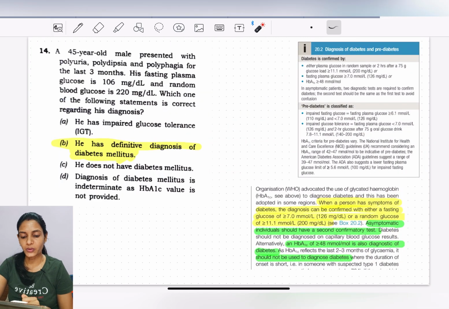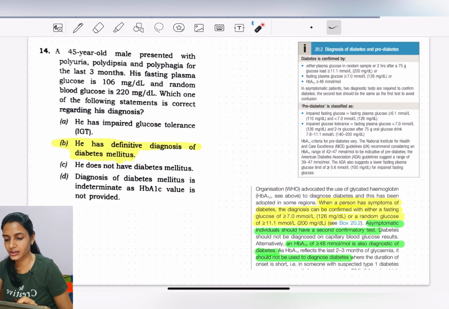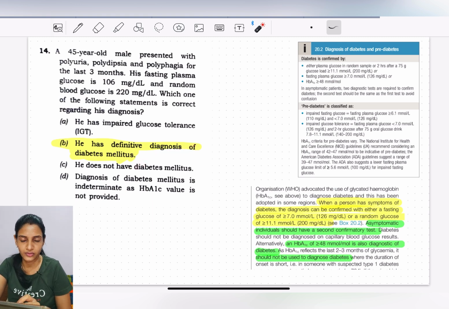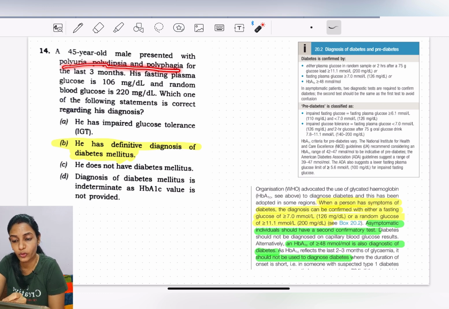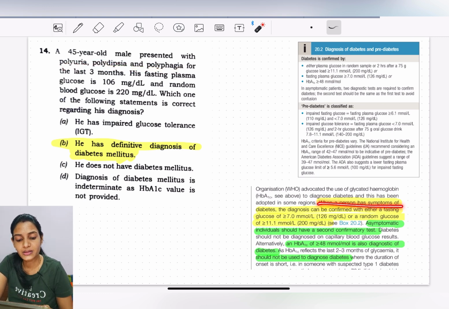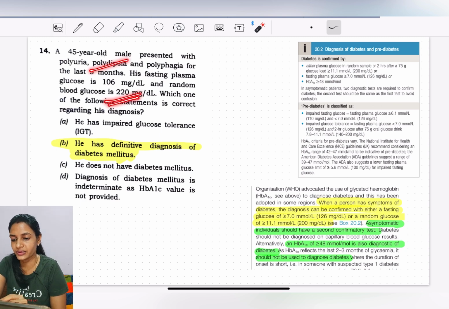Next they are given a situation and they are asking, is this the definitive diagnosis of diabetes mellitus? Yes, it's a definitive diagnosis. This patient has symptoms: polyuria, polydipsia and polyphagia. So when a person has symptoms of diabetes, the diagnosis will be confirmed with either a fasting glucose of more than 7, that is 126 mg per dl, or a random glucose of 200 mg per dl. So it was having a random more than 200 and with clinical symptoms of diabetes,